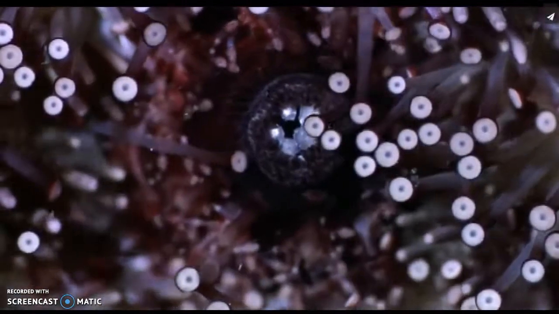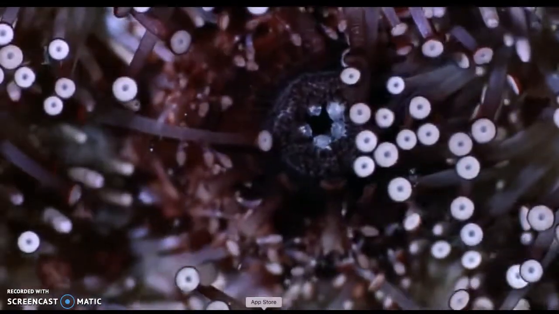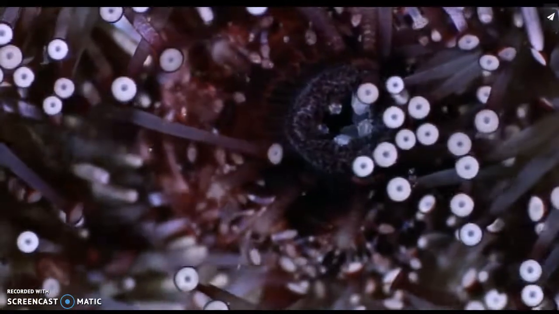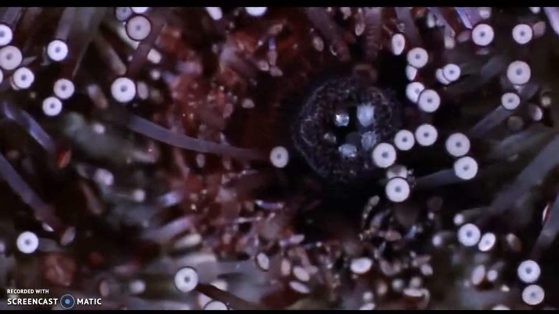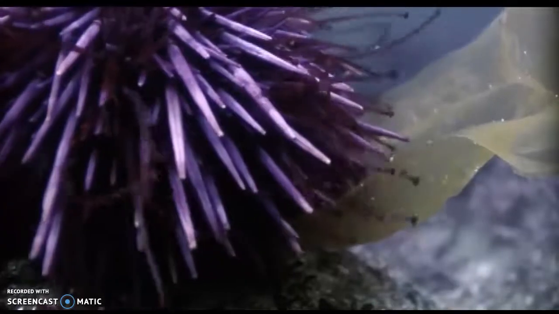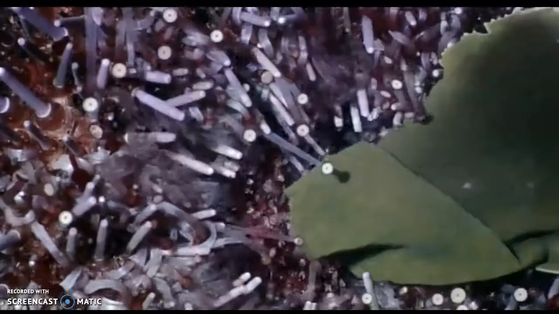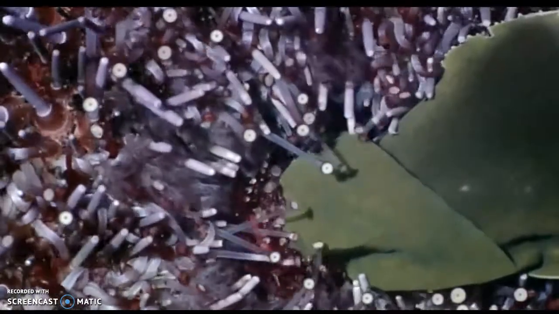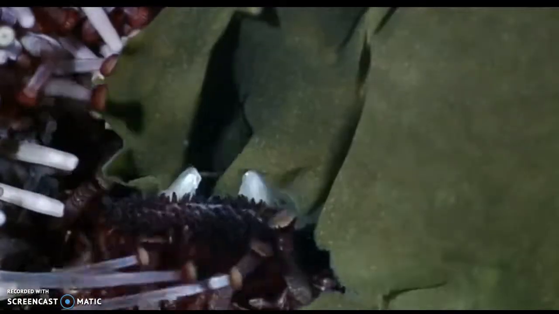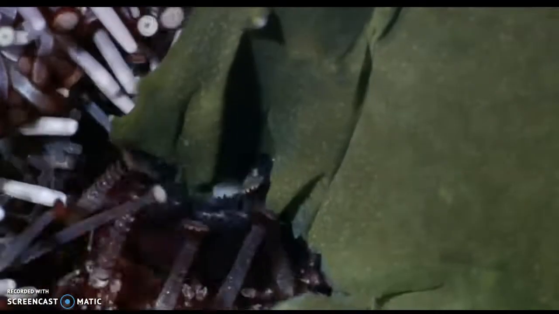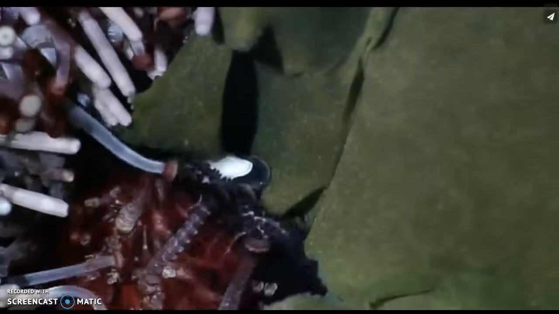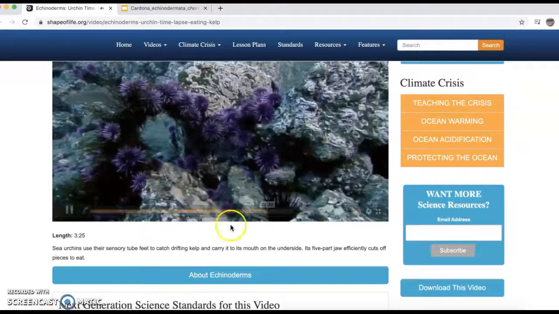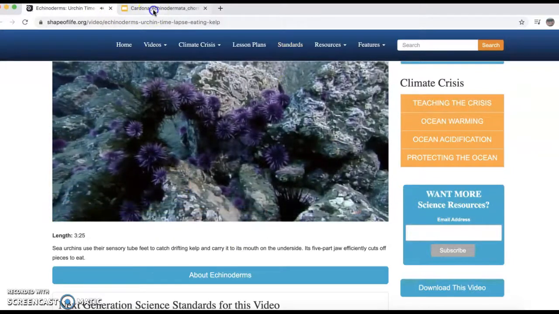That's its jaw. The sheer force of its 5 razor-sharp teeth can shatter a grain of sand. It makes short work of the tender kelp, neatly scissoring it into bite-sized pieces. So pretty neat how it eats. Okay, and